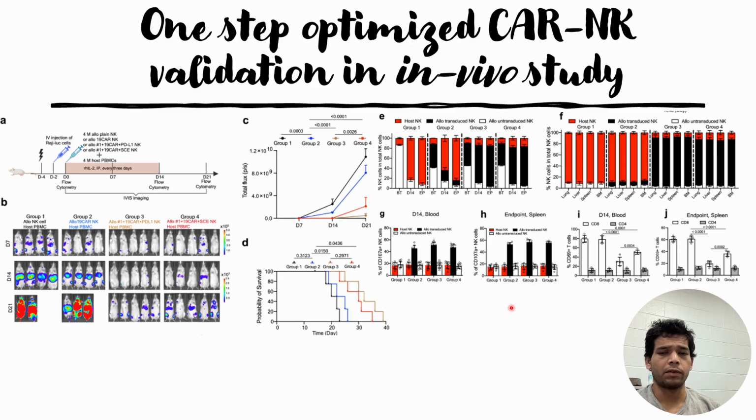Thereafter they considered that the reason for the rejection of the untransduced NK cells and those transduced only with the CD19 CAR could be the host T cell response. Host T cells might have eliminated them. They validated this by checking the activated T cell marker, CD69, and they saw that in the case of group 1 and group 2